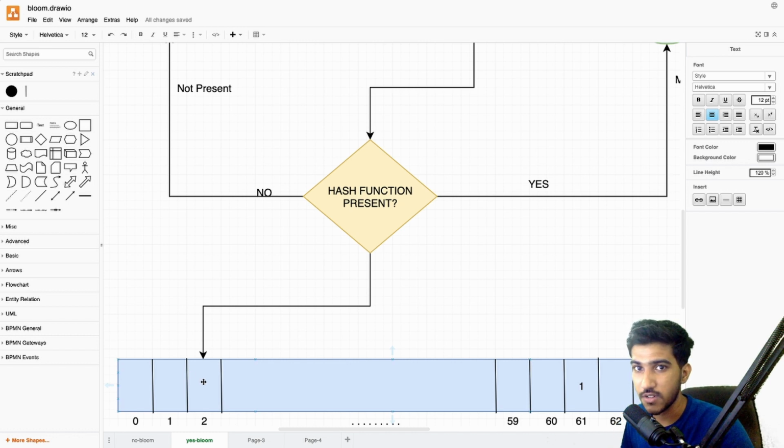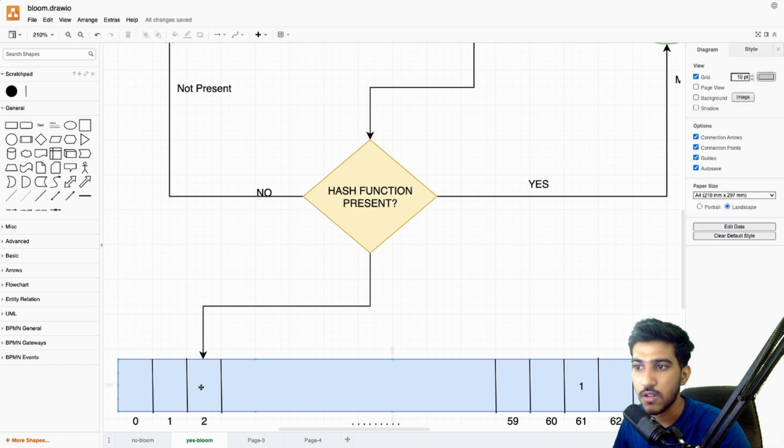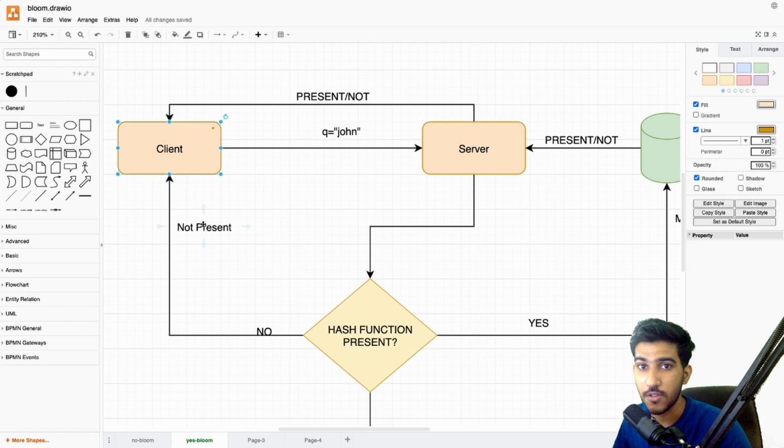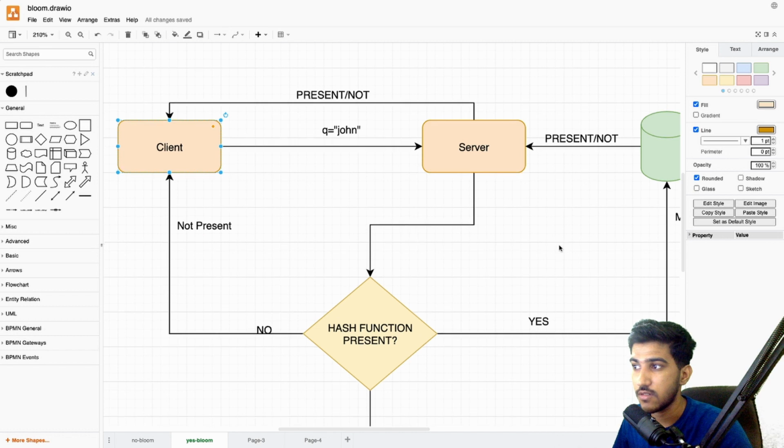If it is not present, we can be 100% sure that John is not present in the database, right? Because it is not set. It is 0 here, it is not 1. If it is 0, then we can be 100% sure that John is not present in the database, and we can immediately return to the client saying that John is not present, right? So we are not querying the database in this case.